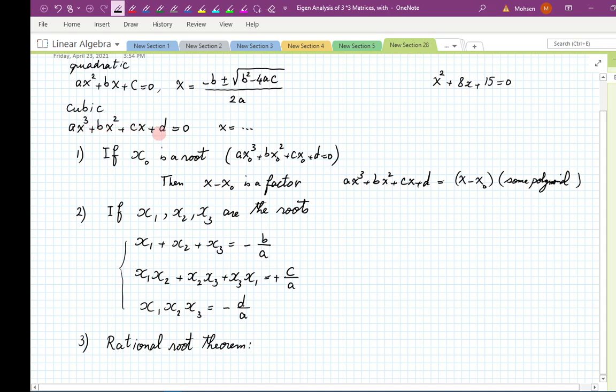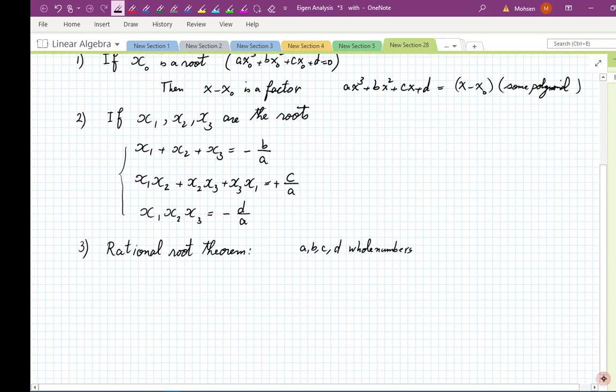It says, suppose a, b, c, d are whole numbers, and it's to your advantage to simplify them, to reduce the amount of work that you're going to do. Then it says, if a rational root exists, what does it mean, rational? It simply means a ratio, like 2/3, 5/7, 9, meaning 9 over 1, minus 8/15 or something. If a rational root exists,